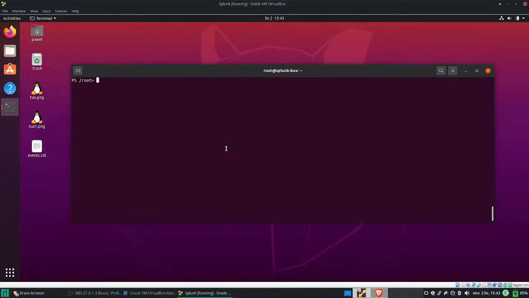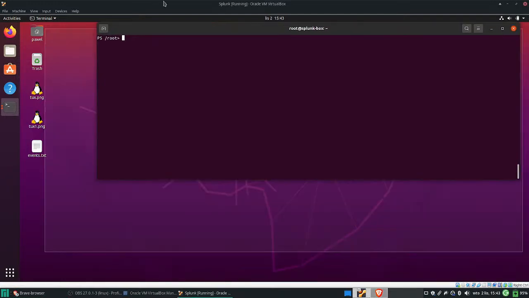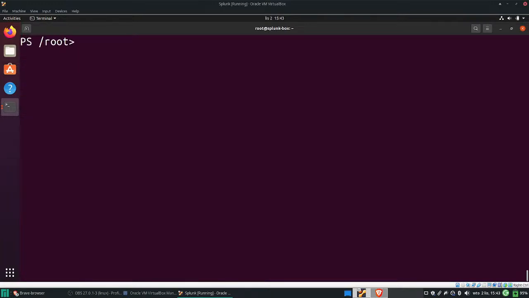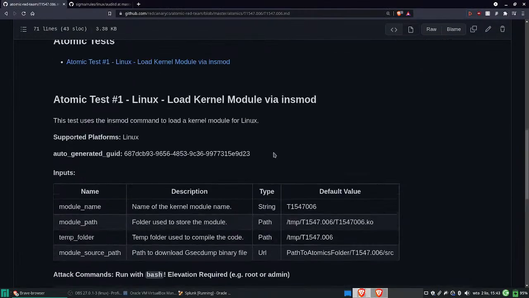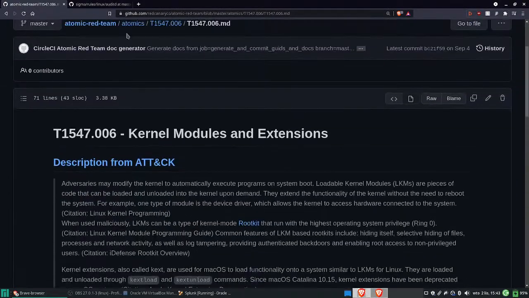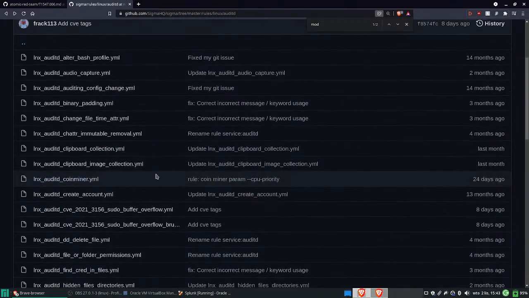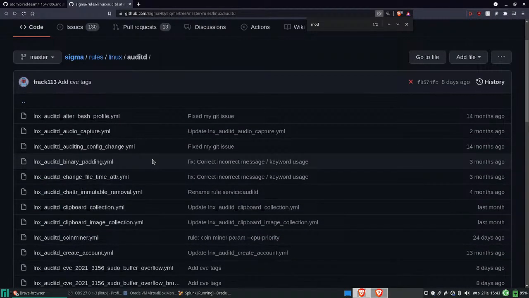Okay, so we are going to develop some Sigma rules today. So you can see I have the root account with the PowerShell. And what we are going to be developing is, of course, for the ODDD. Actually, you can see that